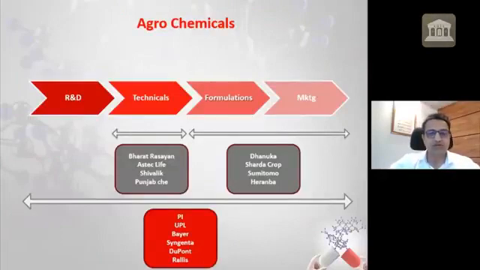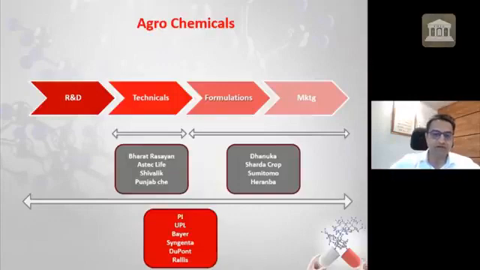If you look at the value chain in the agrochemicals, there are companies which do R&D to develop different molecules. Then there are technicals, players which work in the technical. This technical is nothing but something similar to API in pharma. They work with global players to develop the molecules and they supply. They get into long-term contracts or contract manufacturing for large players. Then there's formulation and then marketing. Players who are on the formulation side will also have their marketing arm. So Dhanuka, Sharda Crop Care, they are players which are into formulation, and they also have the marketing arm.